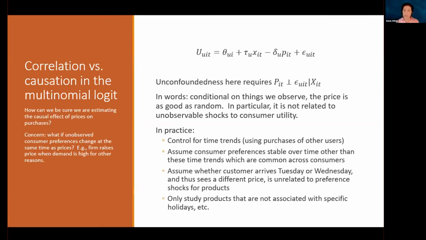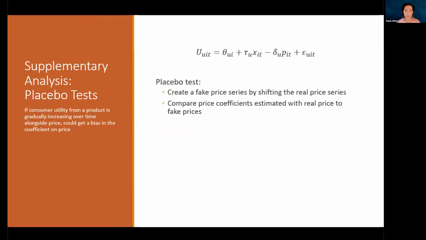But we still want to assess whether this strategy is actually valid. It could be wrong, for example, if, and we're going to use week effects basically, so that we're going to control for the week of the year as well. You could worry though that if a product is getting more popular over time and its price is going up over time, that even week fixed effects don't pick things up properly. There could be sort of an upward trend that's not captured there. And so generally Wednesdays are looking better than Tuesdays overall. So in order to do that, we do what's called a placebo test.